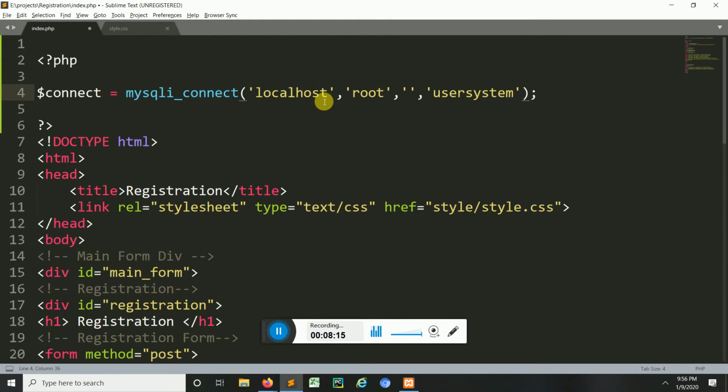However, once you are on XAMPP and on local servers, you need to select this as a localhost. This is the name of the username, root, and this is the password. There is no password, so it is blank, and this is the name of the database. Okay,